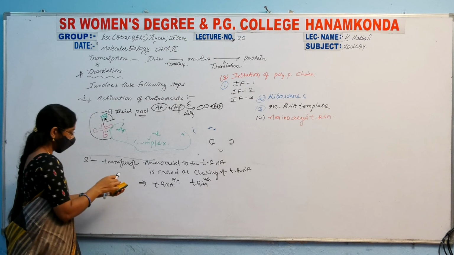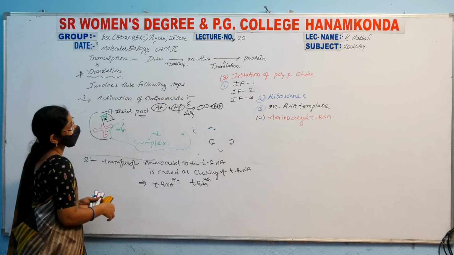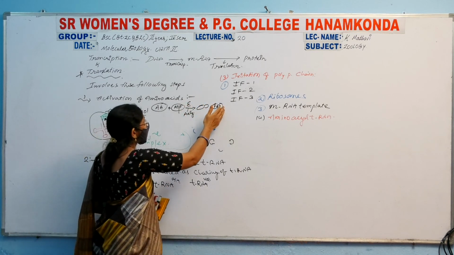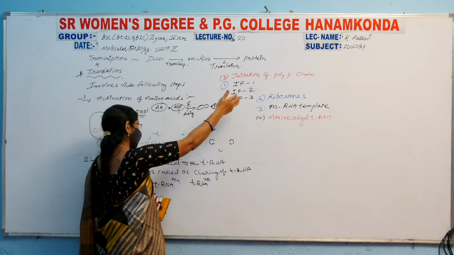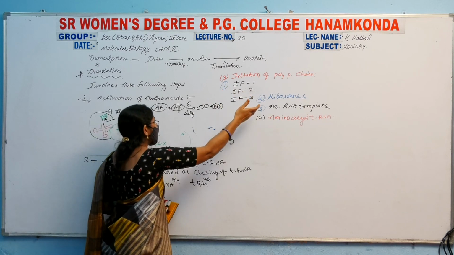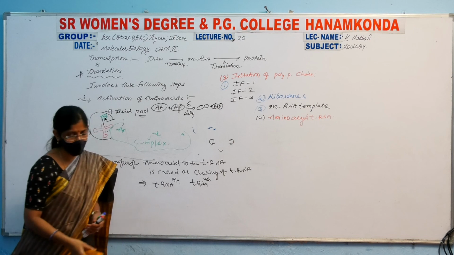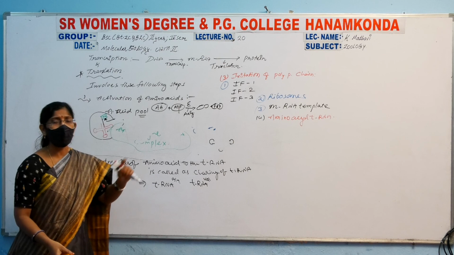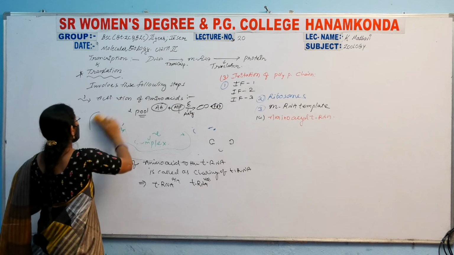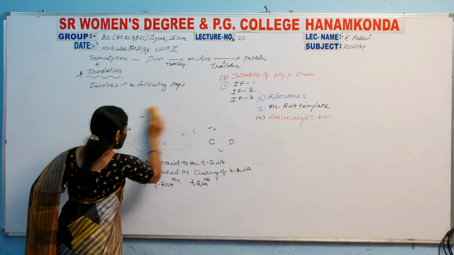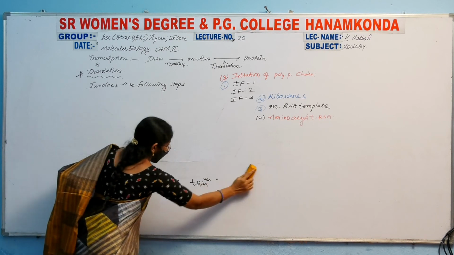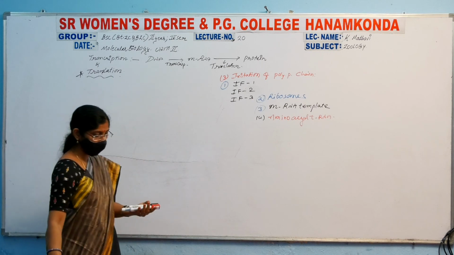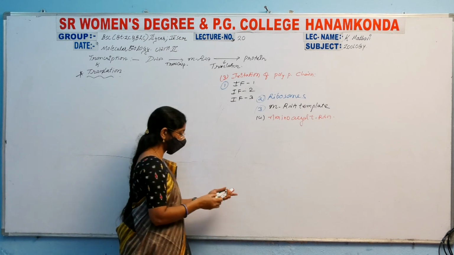Then the next step is initiation. In the initiation process, both in prokaryotes and eukaryotes, the requirements are initiation factors, ribosome, mRNA template, and amino acyl tRNA. These four important requirements are needed to complete the initiation process in translation. Now we are drawing a simple diagram.